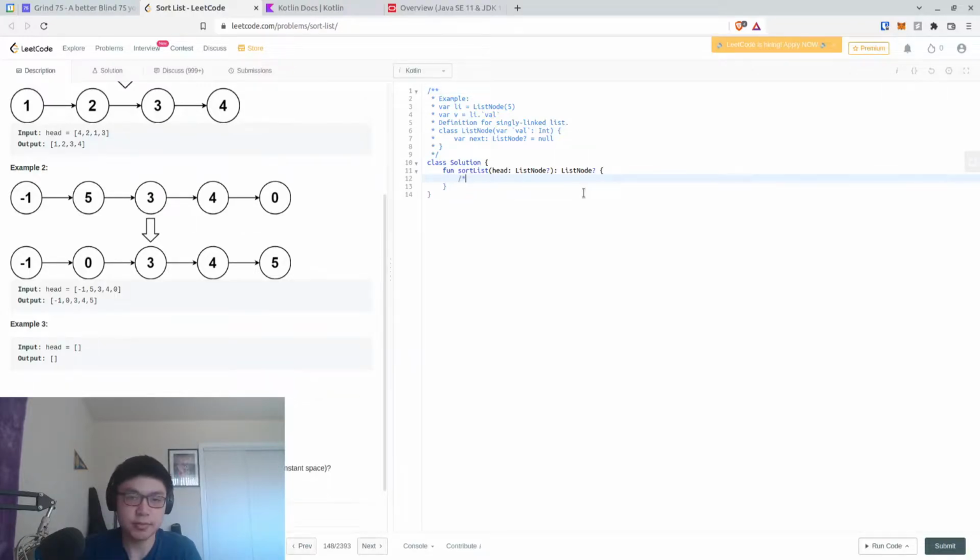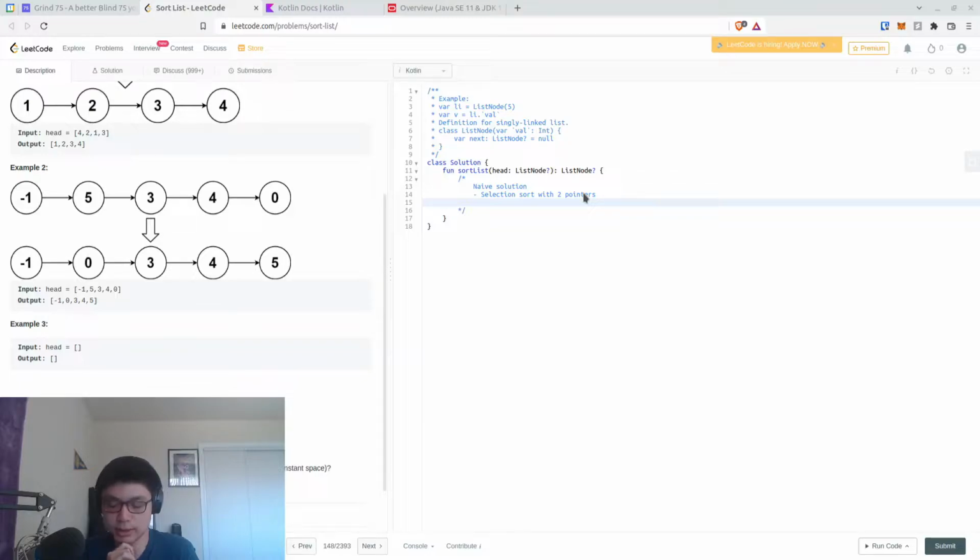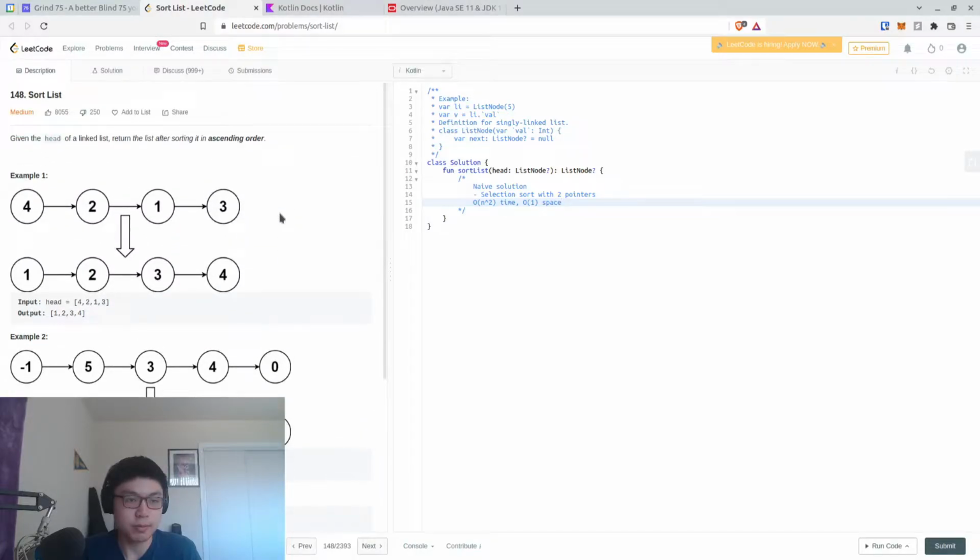So, the naive solution would be to do something like a selection sort with 2 pointers, where you would hold 1 pointer at the beginning of the list, and you search for the smallest item, and you swap the 2 nodes. Pretty straightforward stuff. This would take O of n squared time, and O of 1 space still. And then you would just do it with the pointers. The question, I guess, is how do you do it with n log n time